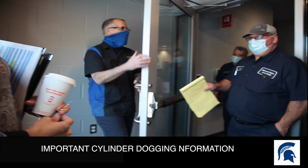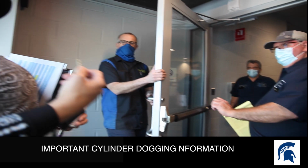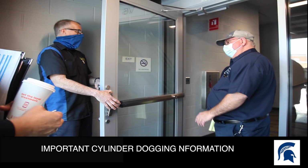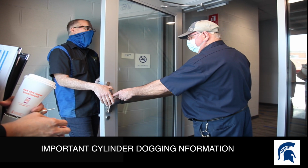What do you want this key to do on this door? When I put the key in and unlock it, I want to be able to open the door. Right, but it's not doing that now, you say? Yeah, but he said it's installation issues. He just says installation. Okay, they put it wrong. All right. But I thought you just said that it was unlatching, but it's really not taking the, I'm seeing